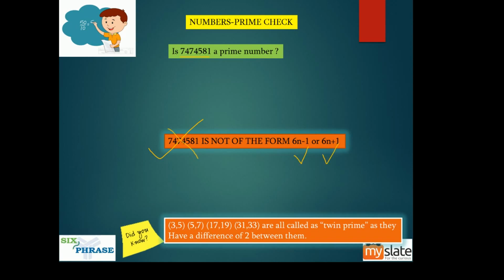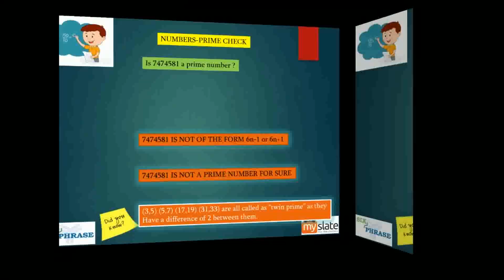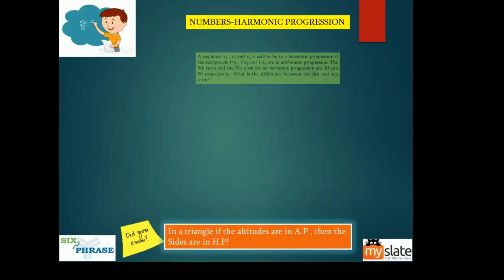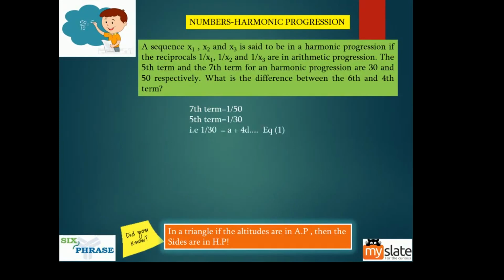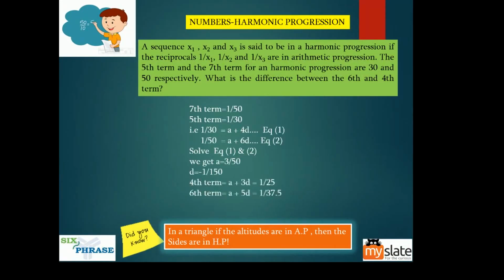Anyway, I think we come to the end of the session, guys. We'll just give you a problem in harmonic progression. They've given you the fifth term and the seventh term. The fifth term is 30, and the seventh term is 50. In a harmonic progression, you do 1 by 30 because